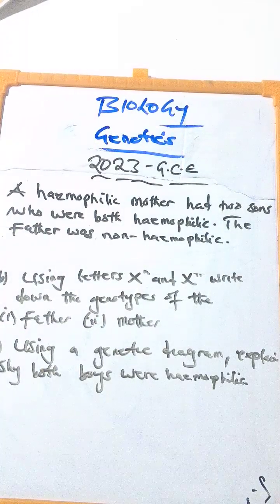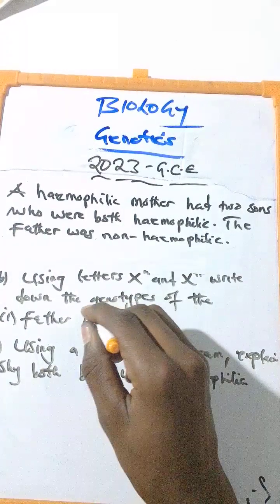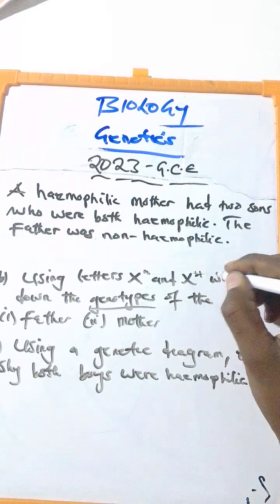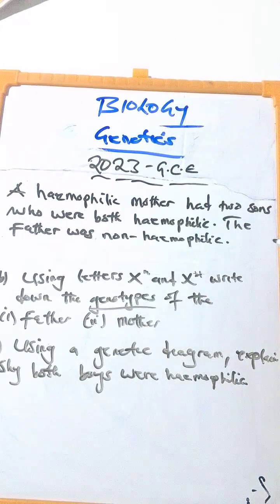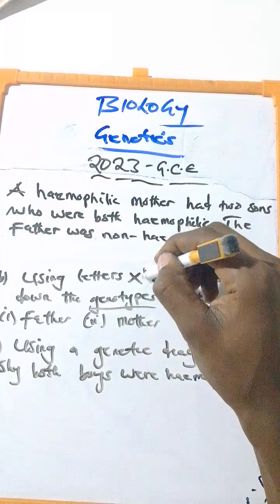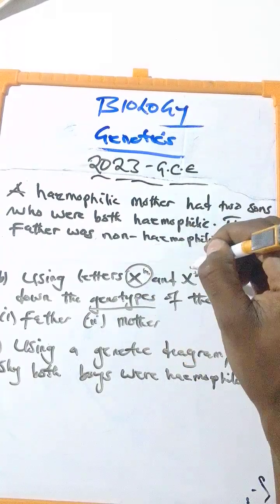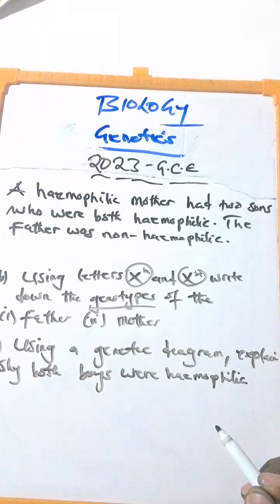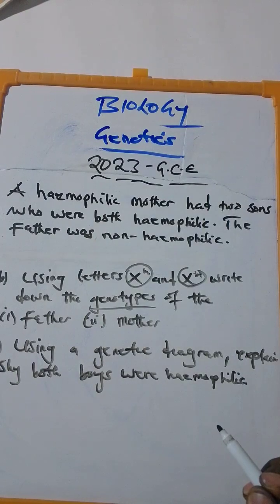Now we're looking at the term genotype. Genotype is the genetic makeup of a living organism which determines how that organism will be. So the genotype of the father, since we have only been given these symbols to use, but we cannot only use one symbol. So if you can go back from where we started from, I was saying that whenever we are dealing with this part, you will discover that